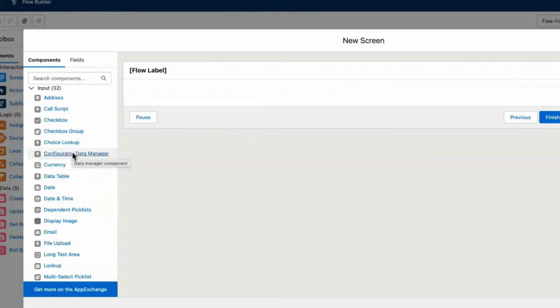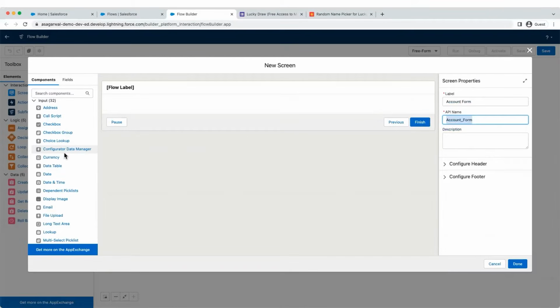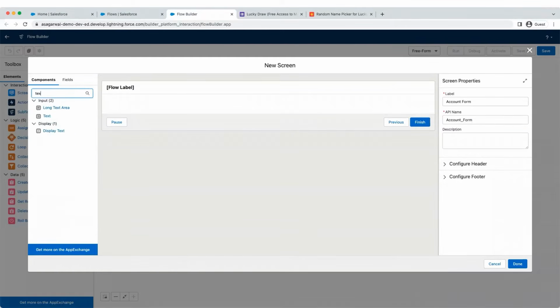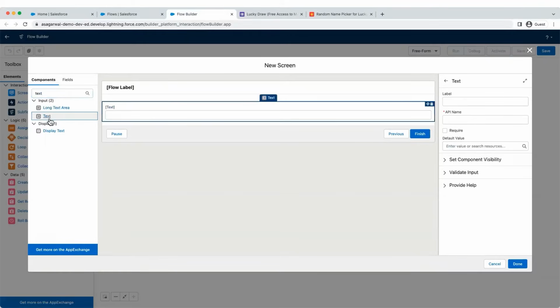These include components like text, text area, pick list, date time picker, radio button, and so on. So the first component that I'm going to add is to allow users to enter an account name. So I'm going to select the component type as text, click on this, and the text field will get added